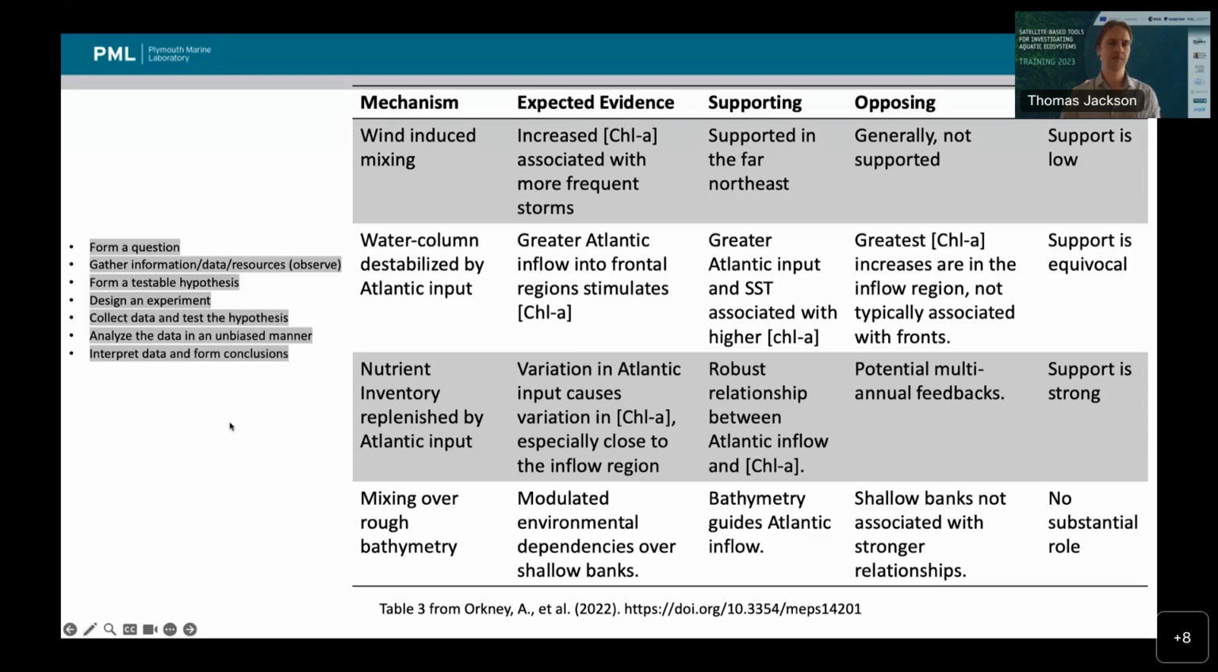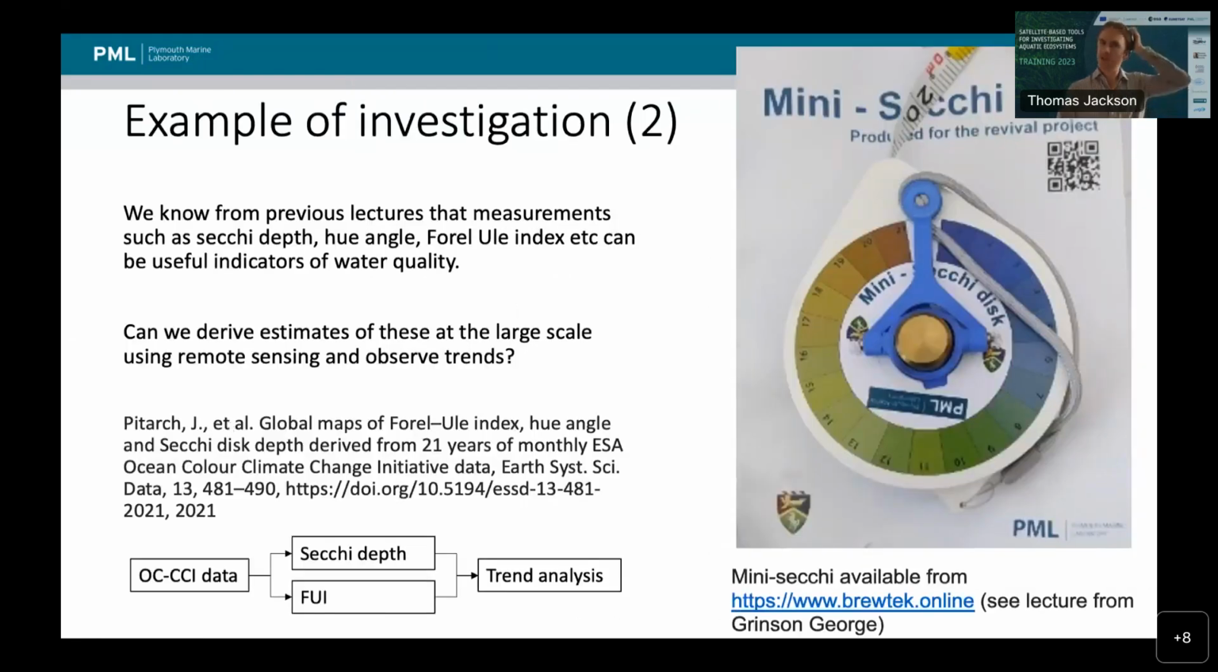So moving on to a second, just a quick example here. The reason I put this one in is I think it ties in nicely back to some of the work from module 2, where we saw Grinson talking about the mini Secchi and water quality indicators. So in those lectures, we were told things like the Secchi depth, the hue angle, the Forel-Ule index are really useful indicators of water quality. So can we look at these